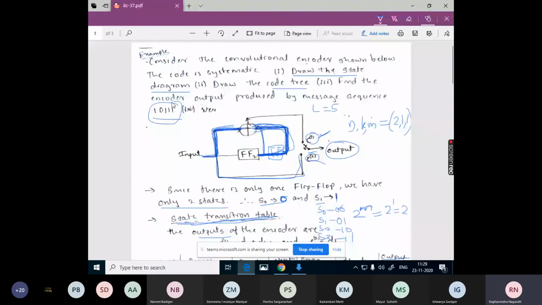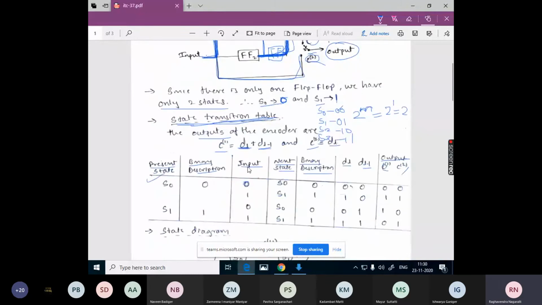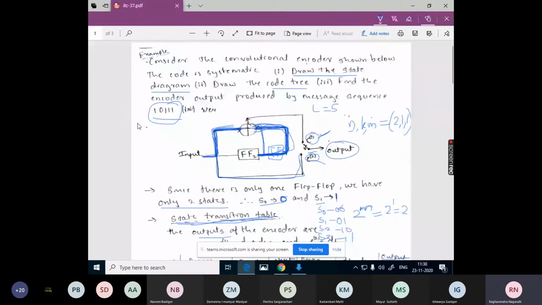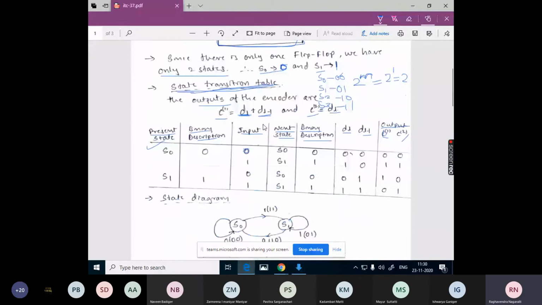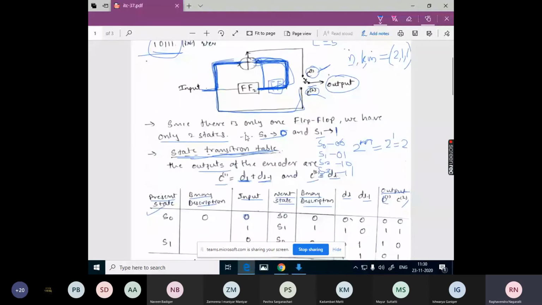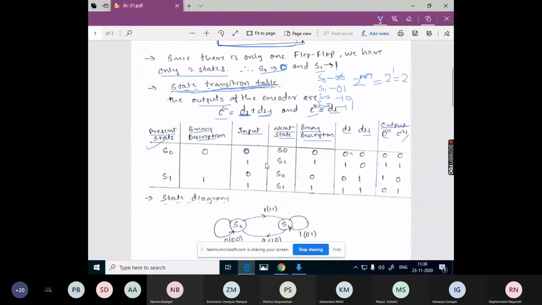You need to be very careful while writing in the exams, because till now, in the encoder operation and syndrome operation, we have always written the input sequence in the input column. But here we are assuming 0 is the input. If 0 is the input, what will be the new state?